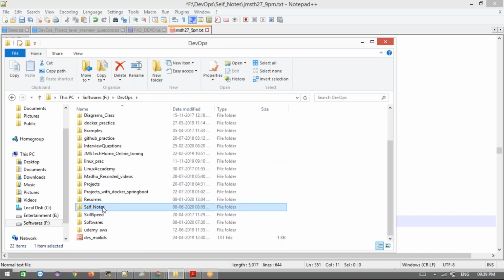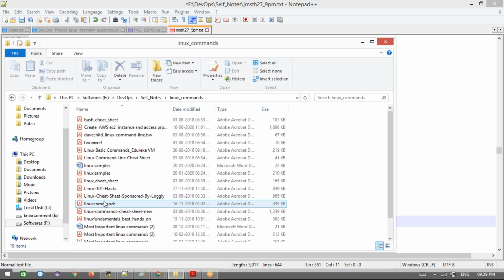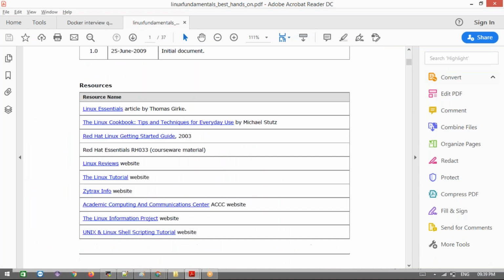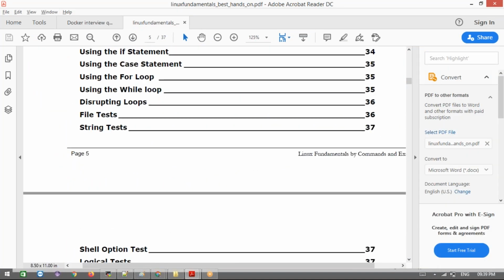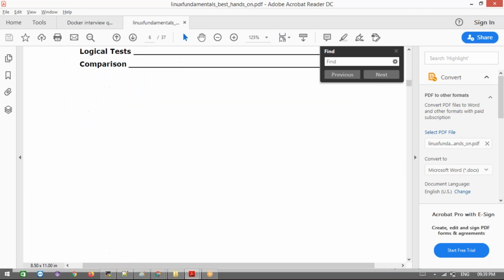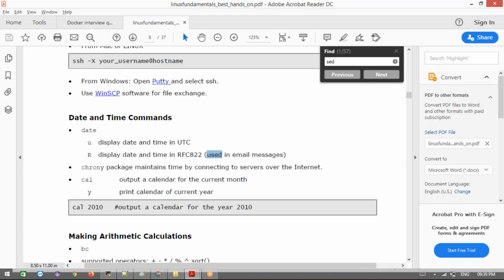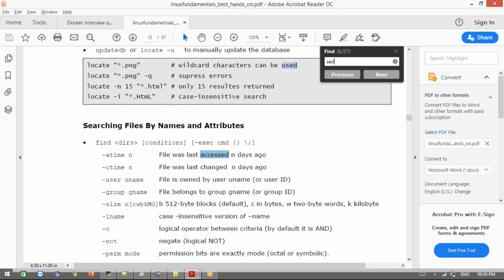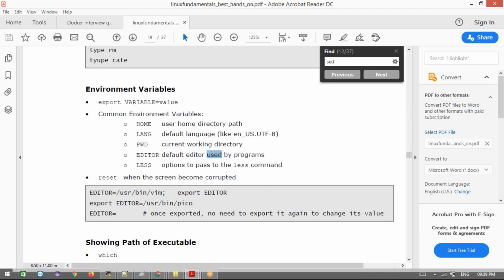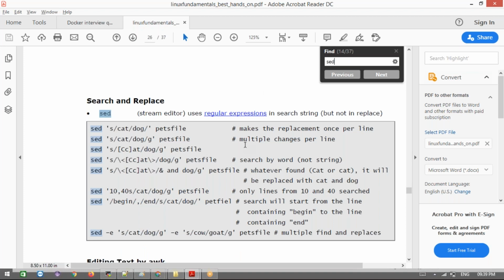Self notes and Linux commands, and here. Okay, this is the setting.